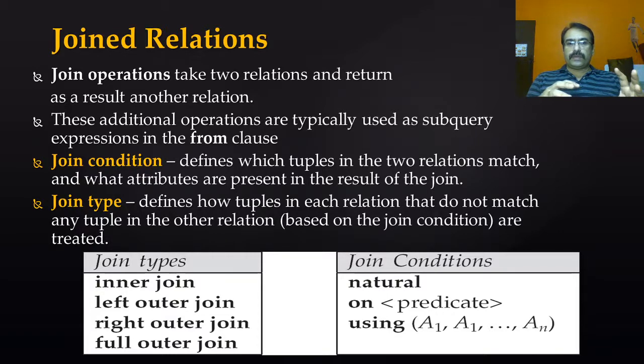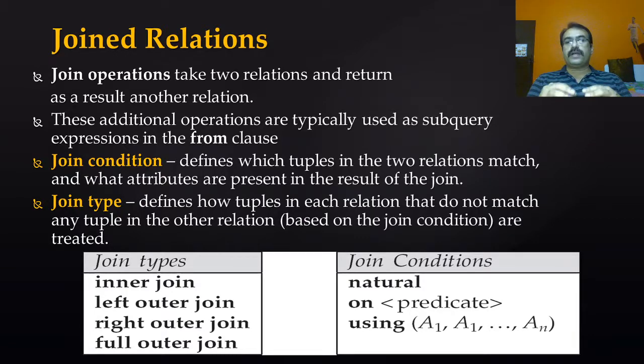So as I said, it is a Cartesian product with equality imposed on the common attributes. Means we find A from R1 and A from R2. If they are common, that means they will be presented. But what should happen to the rest of the elements where these two attributes are not the same, not equal? The join type basically decides that, and the join condition defines the tuples in which two relations match.